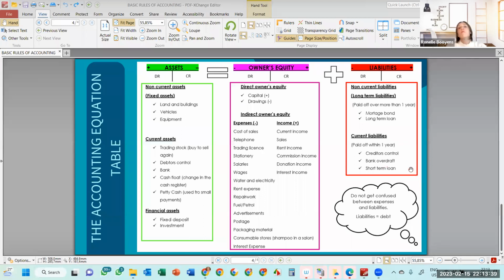And then the last one, maybe you come across an excellent business opportunity, the opportunity to buy stock at a very good price or something like that, but you need some financing. You can apply for a short-term loan, 3 months, 6 months, 9 months, anything less than a year. And that will also be regarded then as a current or a short-term liability.